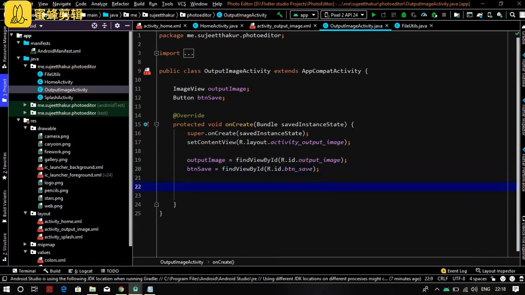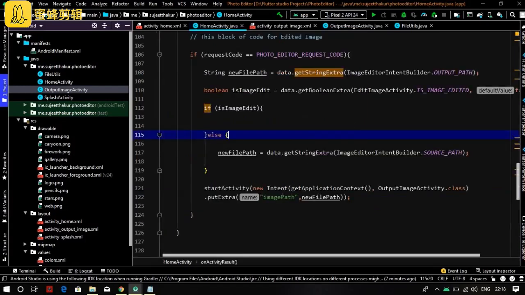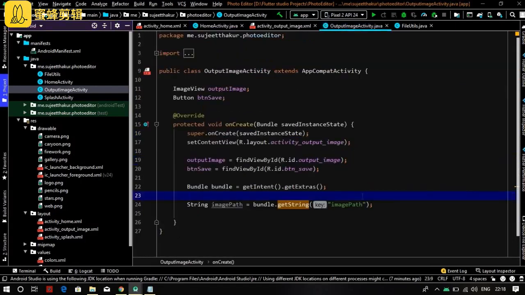Just add these two lines for getting an image path from our previous activity, home activity. As you can see here, we have added put extra image path. So we'll get that path from the previous activity through the intent. So add this line here. So we have got the image path here.